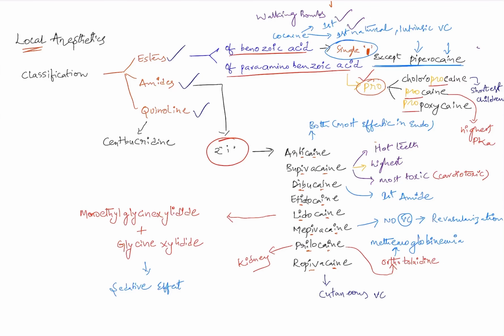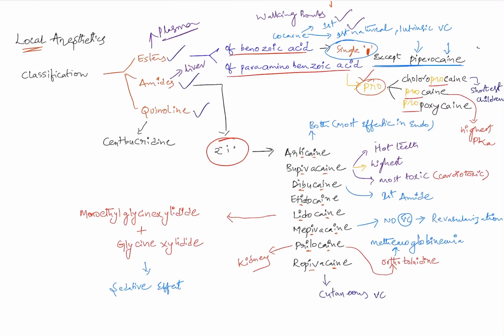Apart from the regular mode of question, like which of the following is an ester, which of the following is an amide, all of the following are esters except, the other mode of question is application based. I'm going to cover this application based part in part 2, but just make a note of the metabolism. The metabolism of esters takes place in plasma, whereas the metabolism of amides takes place in the liver. In the case of liver damage or liver diseases, amides are contraindicated. It's better to go with esters.